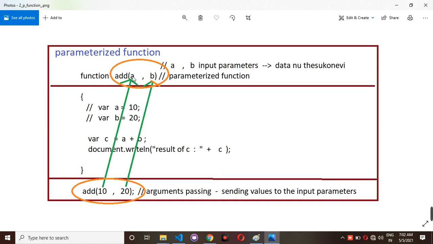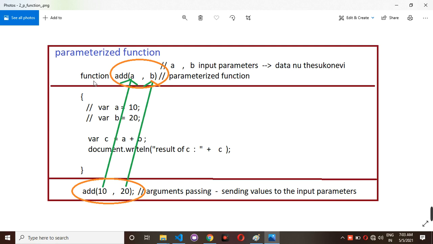For this a variable I am passing 10 as a value. For this b variable I am passing 20 as the data. So at the time of function calling, if you are giving any data to the input parameters, that is called passing the arguments. Passing the arguments means sending the values to the input parameters.